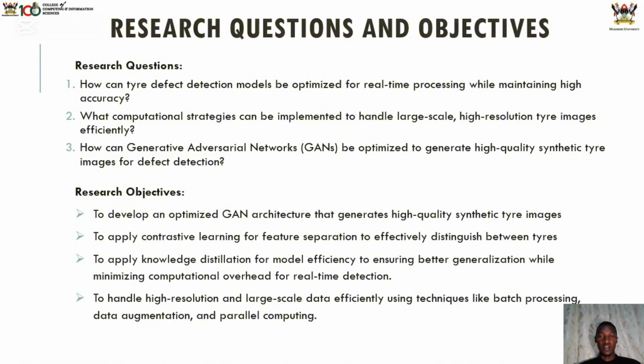As our objectives, our study was to optimize GAN architectures to produce high quality synthetic tires, and then to apply contrastive learning for feature separation and effectively distinguish between tires. Then we could also have noise distillation for model efficiency to ensure better generalization while minimizing computational overhead for real images. And then we also handle high resolution and large scale data sets using techniques like batch processing and data